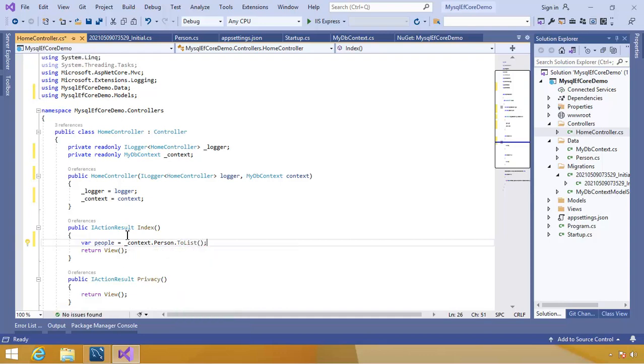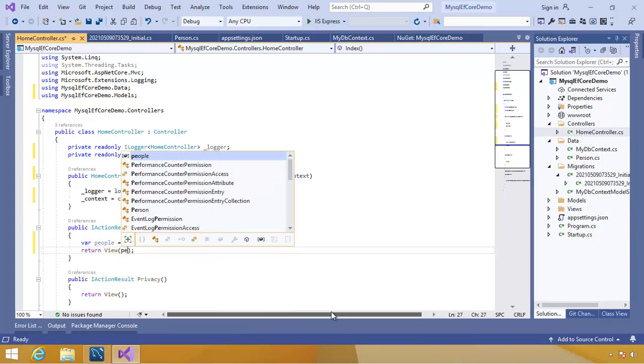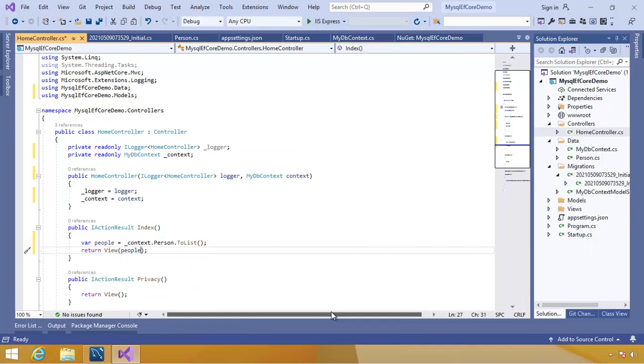You can also add conditional statements like where x such that x.id is equal to some id here, but actually we will go ahead and get everything from our person table. And now let's pass this people to our view. So view people. Now let's move to our views folder. So views, home,